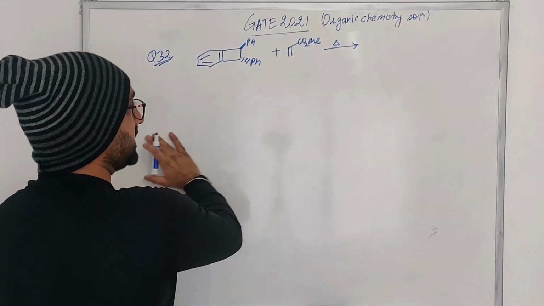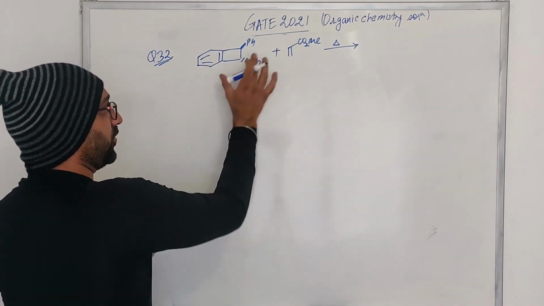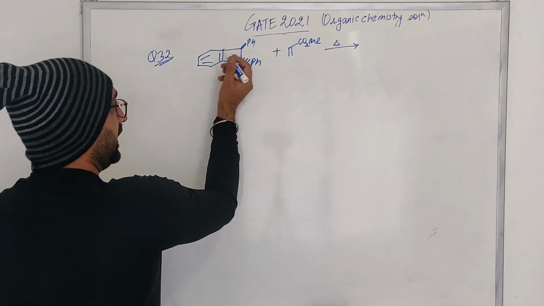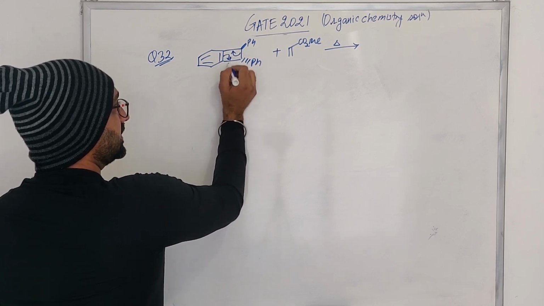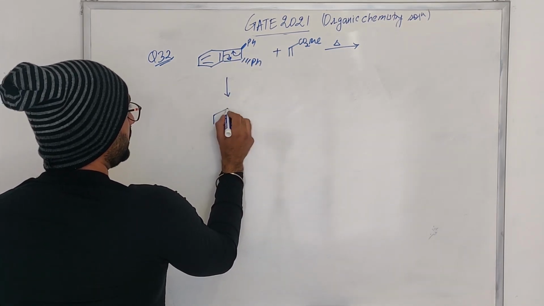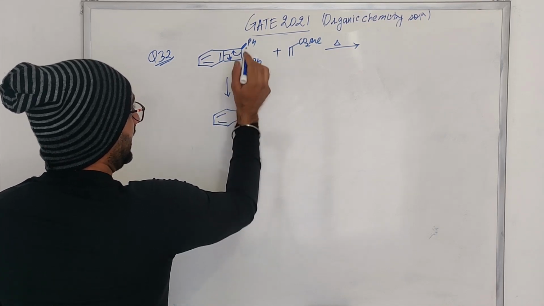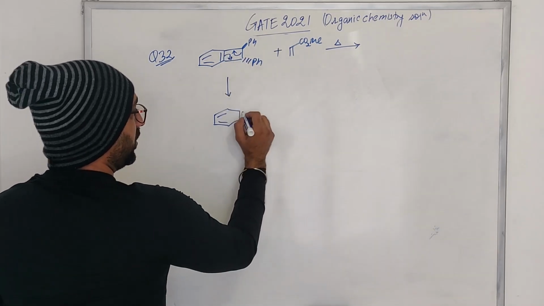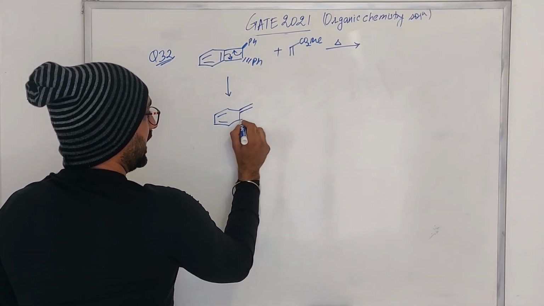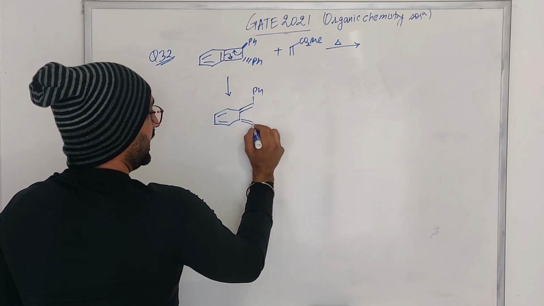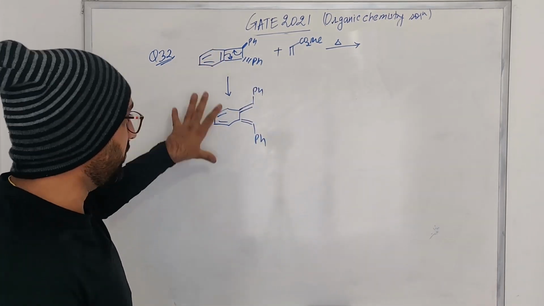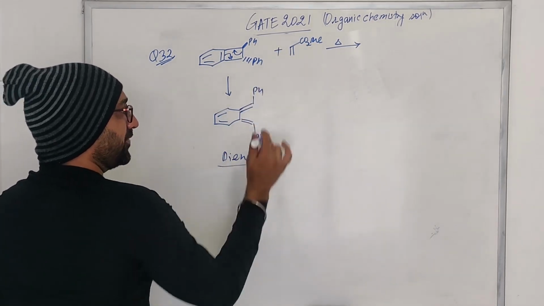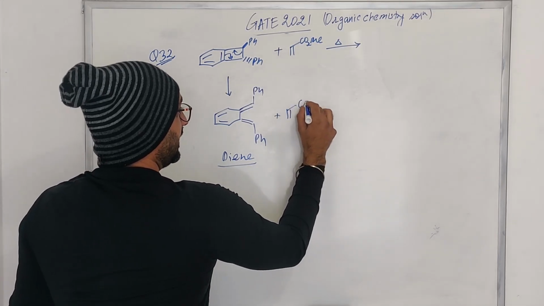Okay, so the first step is basically, when you're taking such compounds, you are heating it. Of course, this just cannot react with this in any manner. So the first step is basically the retro cycloaddition. Okay, so what you get is this one. And you can clearly see that both these phenyl groups are trans to each other. So once these bonds move, obviously when both of them move here, both of them are going to be away from each other. So basically in the first step what you are generating is this diene, right? You are generating this diene, and you have now your dienophile which is ready.